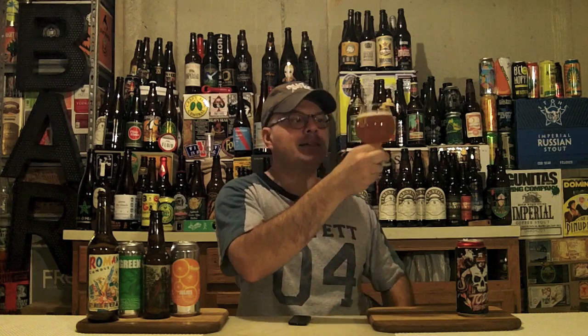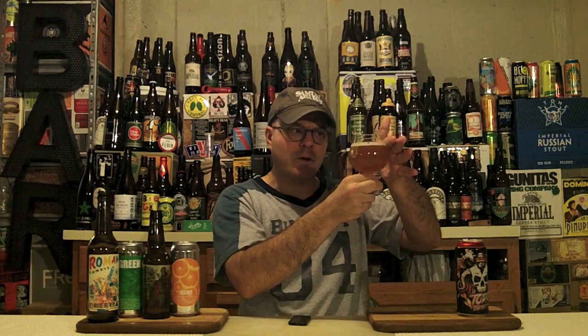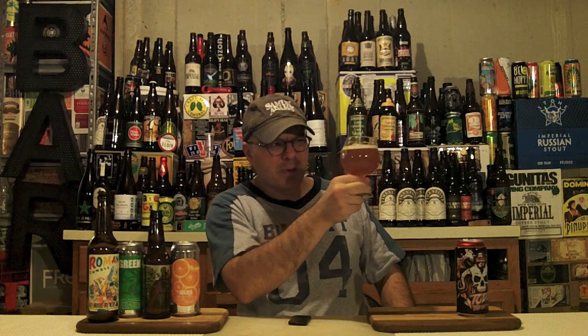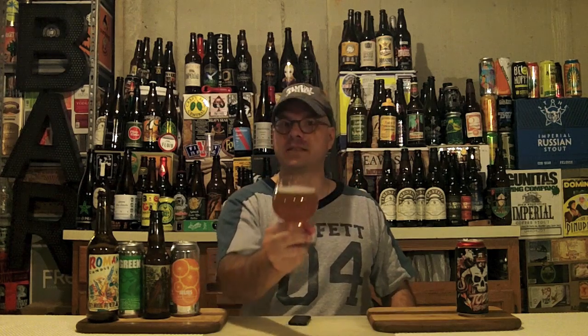Appearance on this. It's a lovely hazy amber orange. The head's dived down really quick. It was about one finger. Now it's about a quarter finger and falling. Soap sudsy head, that is. When I swirl it, I get some alcohol legs there, and I suspect we may get a little bit of glass lacing, but with this head dying off that quick, I don't know about that. I don't see any active carbonation coming up from the bottom, but just the same, it's a nice, lovely looking hazy